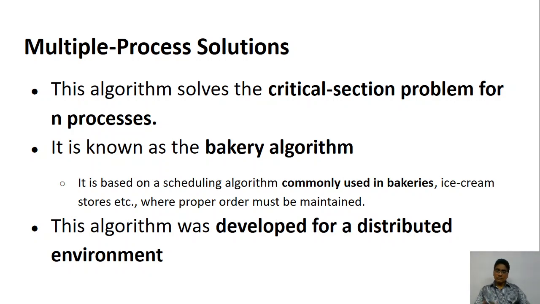I asked you first, you give it to me. The person said, no, I came at 7 o'clock, early morning 7 o'clock I came, and I am standing here, why are you giving it to the other person? So there is going to be a fight. So when the breads are produced, you must see who came first, that person must be given. Otherwise they will say, from morning we are standing here, what are you doing? You give it to us first, and this person came just now, you are giving bread to him. There is going to be a quarrel in the ice cream store or in any place, you know very well.